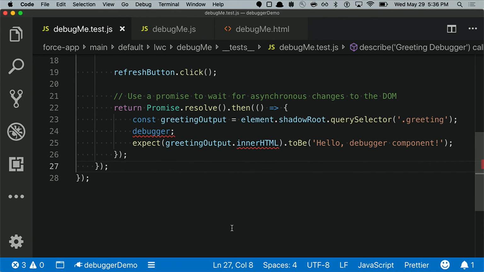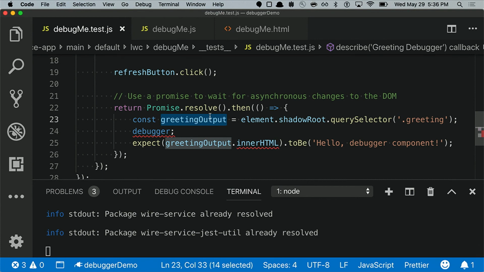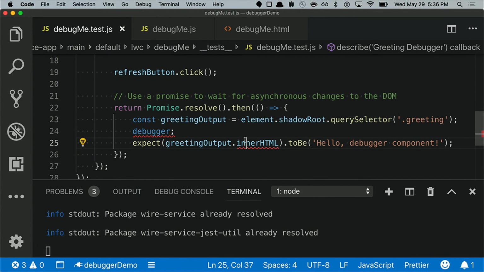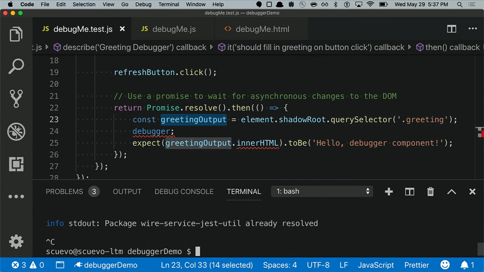We're going to run this test. So I had this LWC Jest test, and I was like, you know what? I want to assert on the greeting output, but I don't know what attribute I need to look at. It actually turns out to be innerHTML, but while I was writing this, I wanted to look at this object while it's running. So if you run test unit debug,